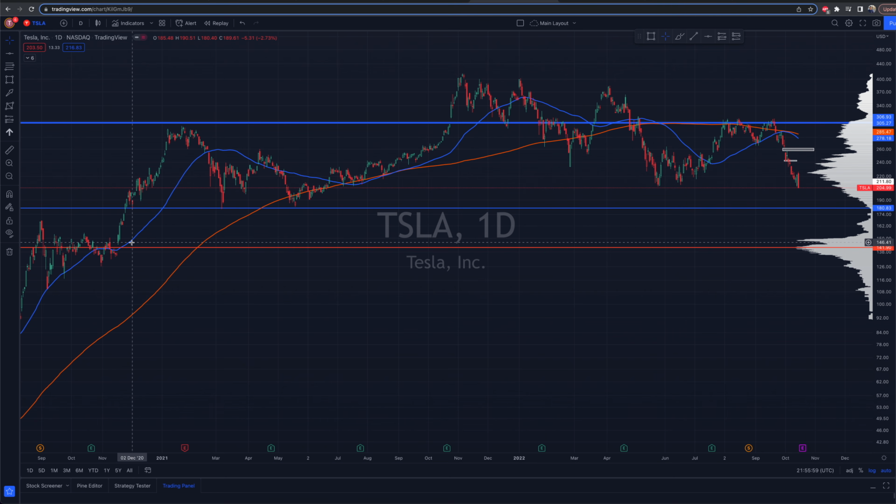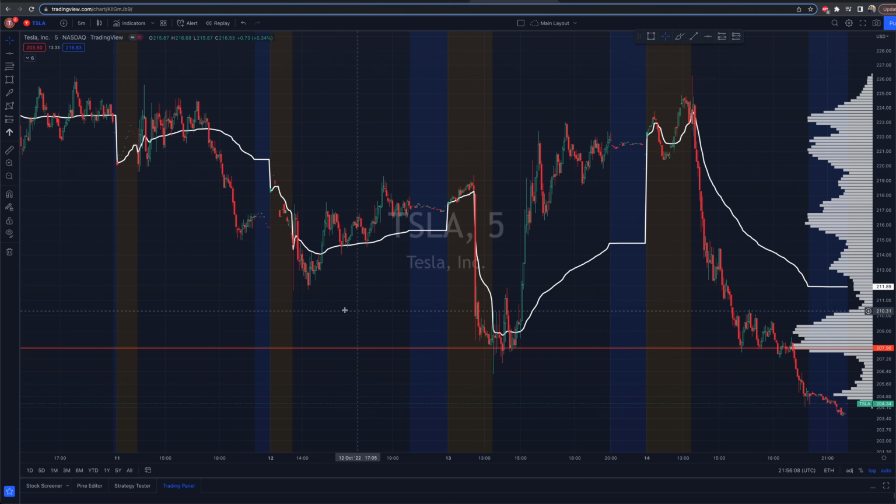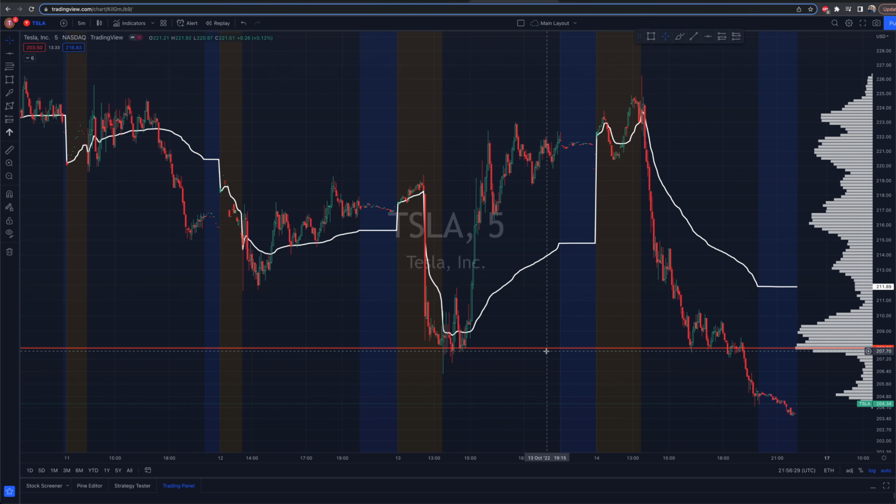Now, this is something that we're going to look at, for example, on a Tesla. We go to the 5-minute chart. On TradingView, we have this darker shading right here. That's regular trading hours. This blue color is after hours, and this yellow tint color is pre-market trading. So what we're looking for is gap ups or gap downs from the prior close of the prior